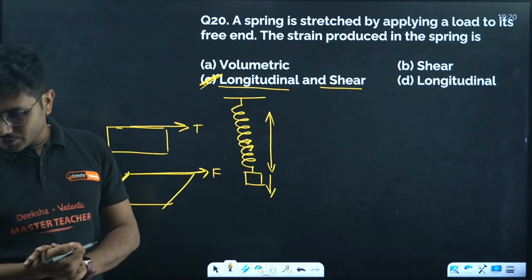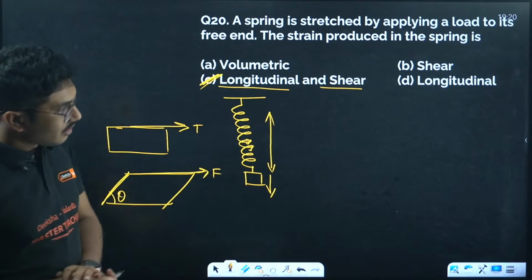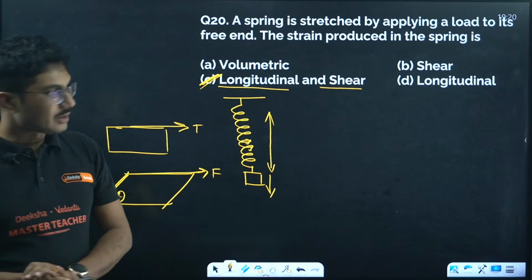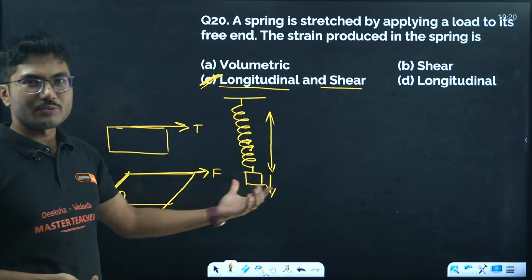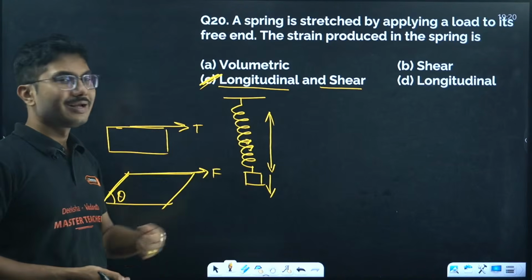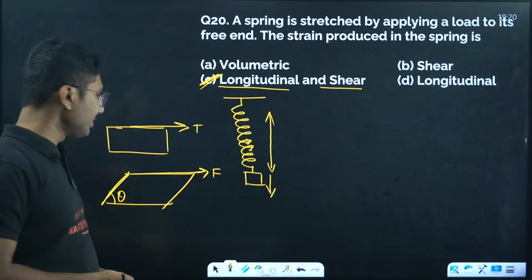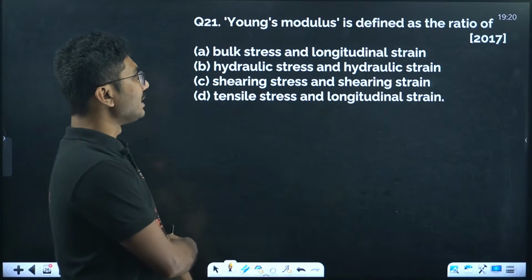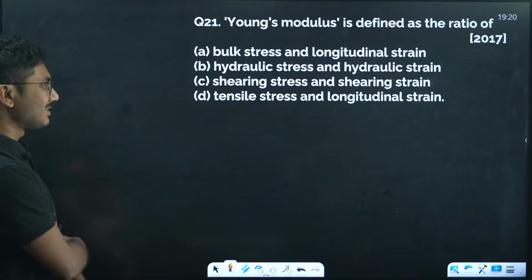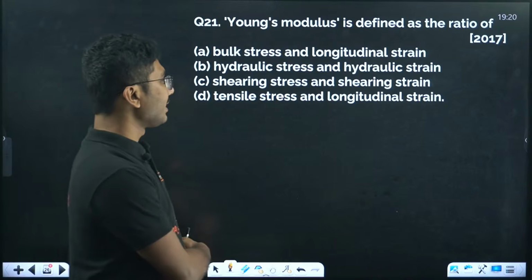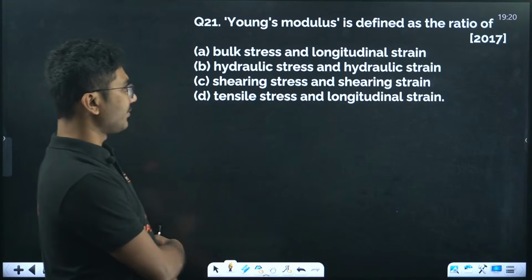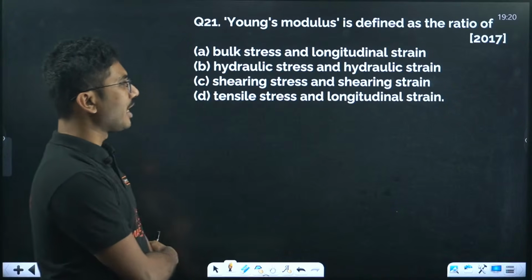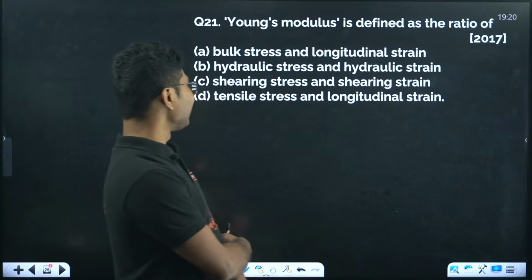Who answered volumetric? Okay, I don't know who answered volumetric. So what is the relationship with volume here? Do you think that the volume of the spring will increase or decrease? Think. Young's modulus is defined as the ratio of bulk stress to longitudinal strain, hydraulic stress to hydraulic strain, shearing